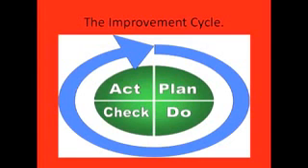The starting place of any improvement cycle is the planning stage, where planning takes place, and this allows us to move on to the do stage, where basically we carry out any suggestions recommended in the plan. Then we have the evaluation or checking stage, and once we have checked, we will either find that our design meets our specification and requirements, and then we have to think of how to improve it, or we will find that there are shortcomings in the specification or our design, and we then have to act